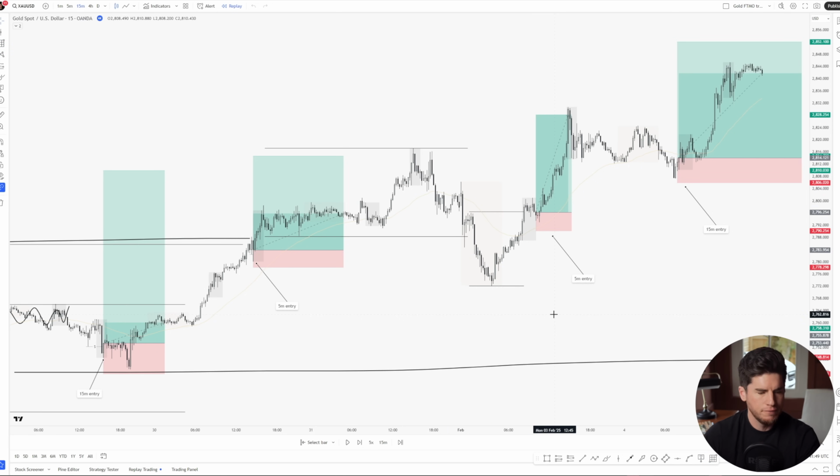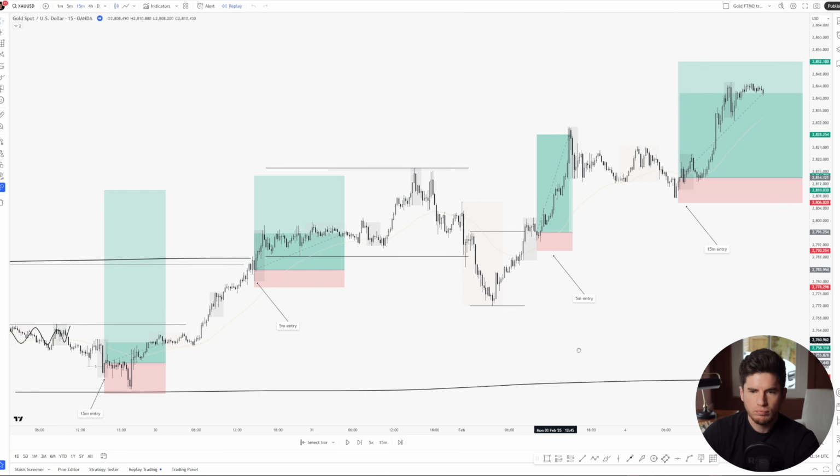Again, I don't need the 15-minute time frame to align bullish in a very heavily bullish 4-hour market. 4-hour is the key driver. 4-hour is king. I say that almost every single day to my community, to my mentees, and that's exactly what gives them clarity in their trading more than anything else. The entry, you don't have to be that precise, right? You've just got to get your higher time frame and your directional bias correct.